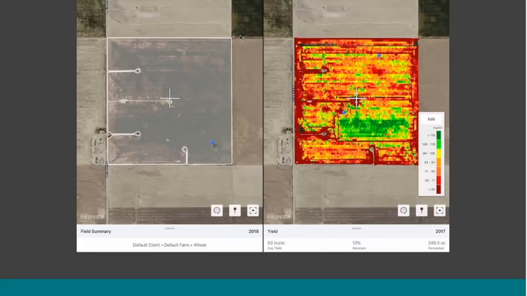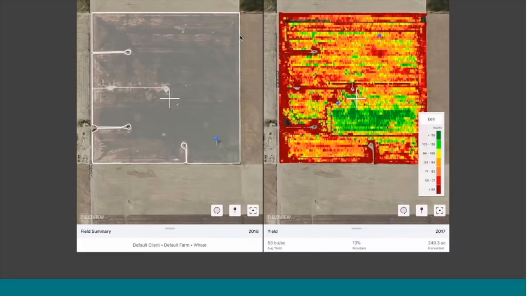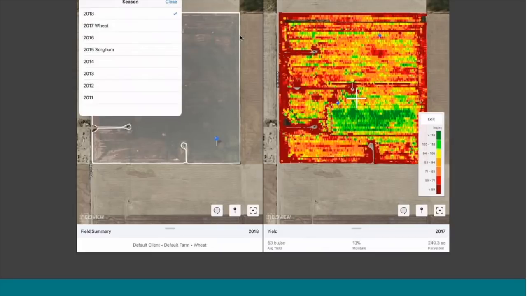And what I can see, obviously, is that there's a part of this field that yielded a whole lot better than the rest of it. And what I want to figure out is why, because if I can replicate that across the rest of my operation, well, then that's obviously an opportunity to increase yields. So what I do is I start going over to the other side of my page, and I can come